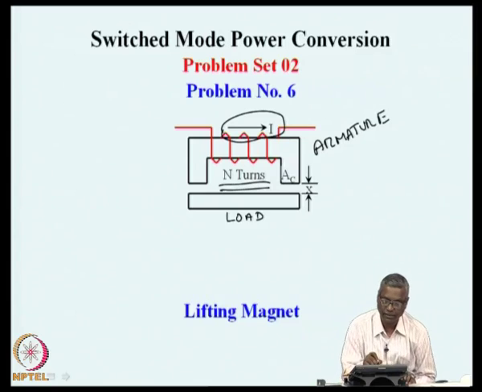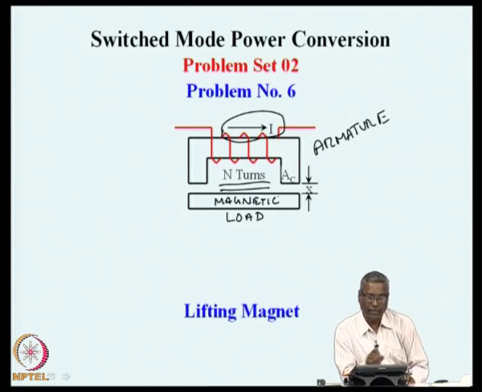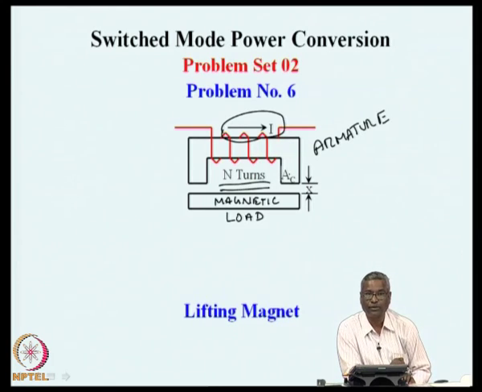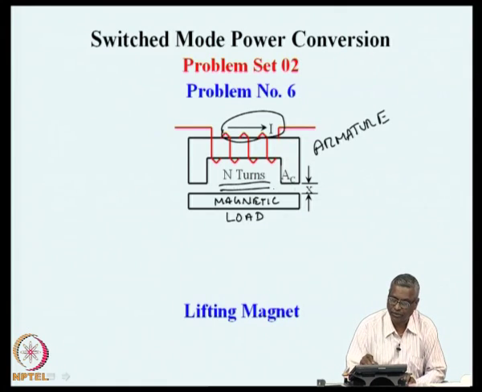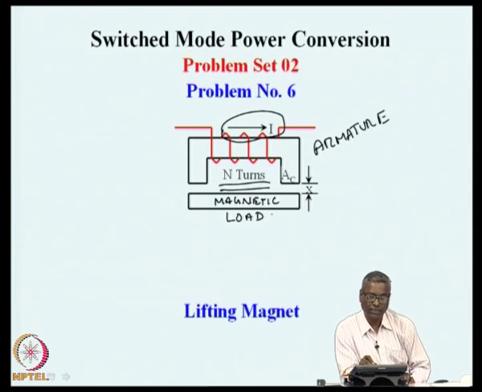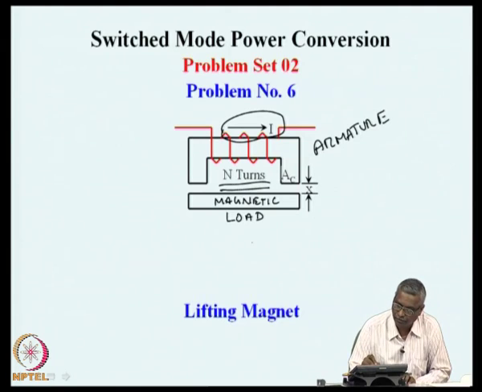The armature has a load which is also of magnetic material, and the idealized magnetic circuit has excitation of n turns carrying a current I, and if we assume the magnetic circuit material to be perfect, highly permeable, then there are air gaps on either side of this, x on this side and x on this side, and then the load, which is also a high permeability magnetic material. On account of that, this also will have an equivalent circuit of